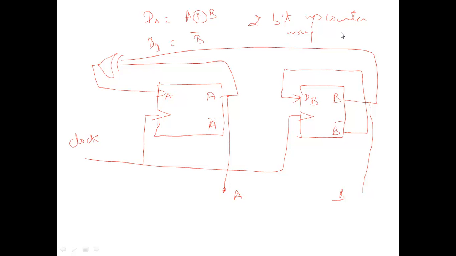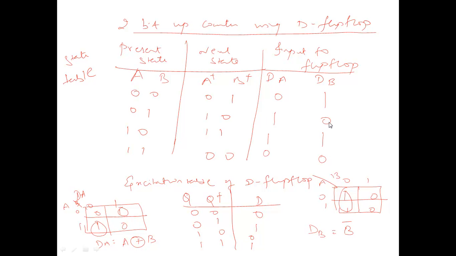So I have told you how to do it with the T flip-flop and with the D flip-flop. You can try using the JK flip-flop. I will give you a hint. When you are using the JK flip-flop, there are two inputs, J and K. So you have to write JA, KA, and JB, KB. You have to use the excitation table of the JK flip-flop, which has Q, Q plus, J and K. You have to use that and complete this realization. Okay, so next is